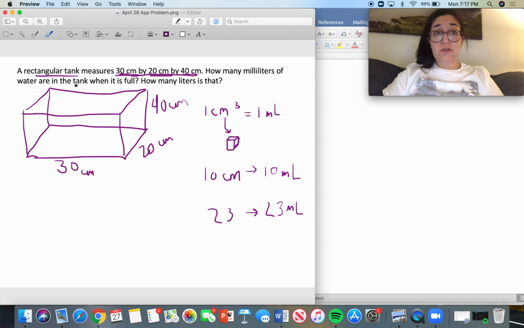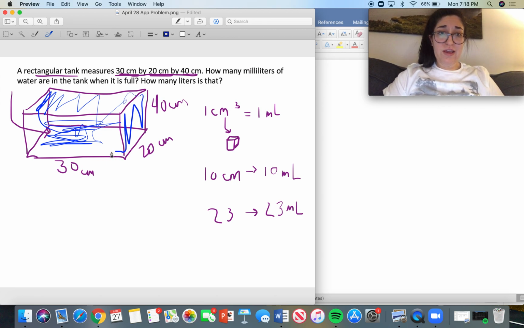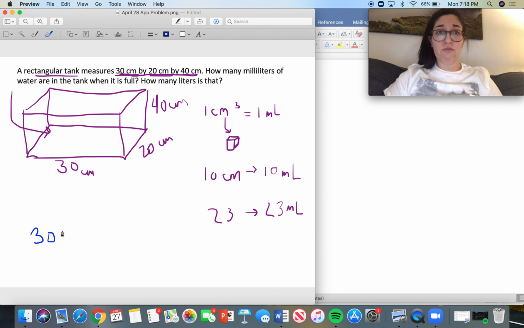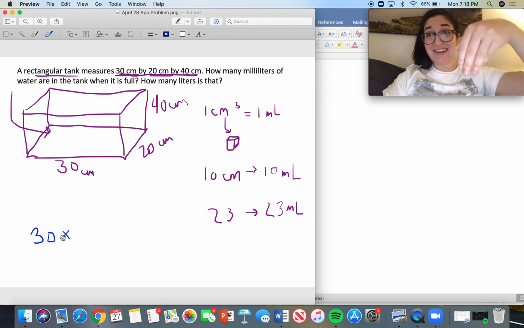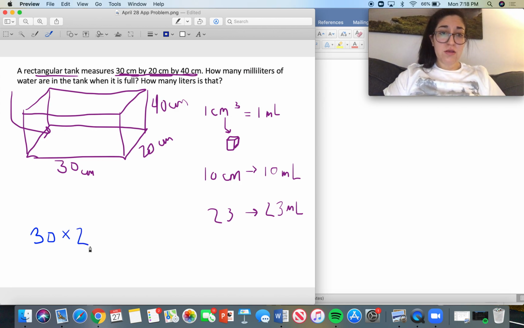So first, it says how many milliliters of water are in the tank when it is full. So the first thing I need to do is find out how many milliliters of water I can fit in this tank. How much water can I fit in here if I filled it all the way to the top, filled to every single side, all the way to the bottom? Exactly how much water could go in there? Well, that's asking about the volume, right? What amount of water can I fit inside something? That's volume. 30 times 20